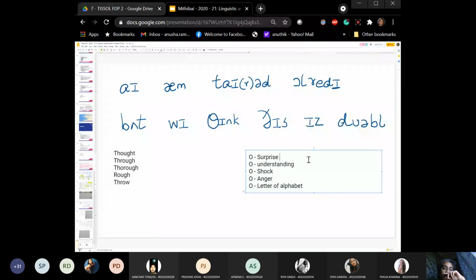Ooh. So it would be "oh" and then you prolong it with a sound that comes in at the end. With shock, it is a short "oh". It is not "ooh".